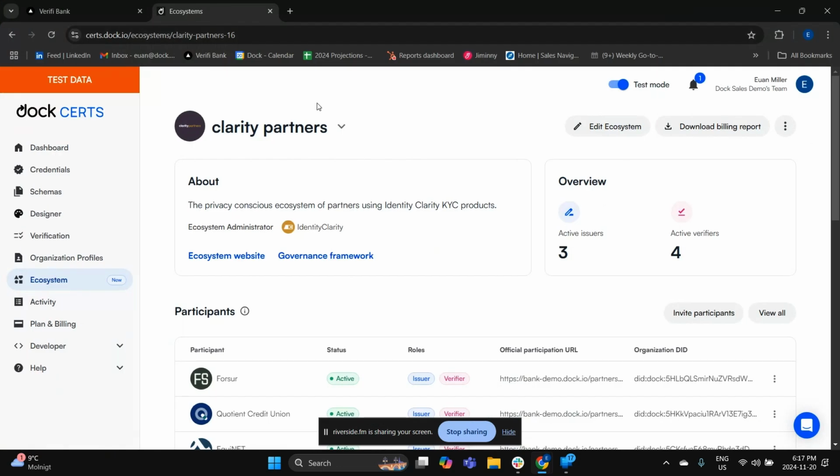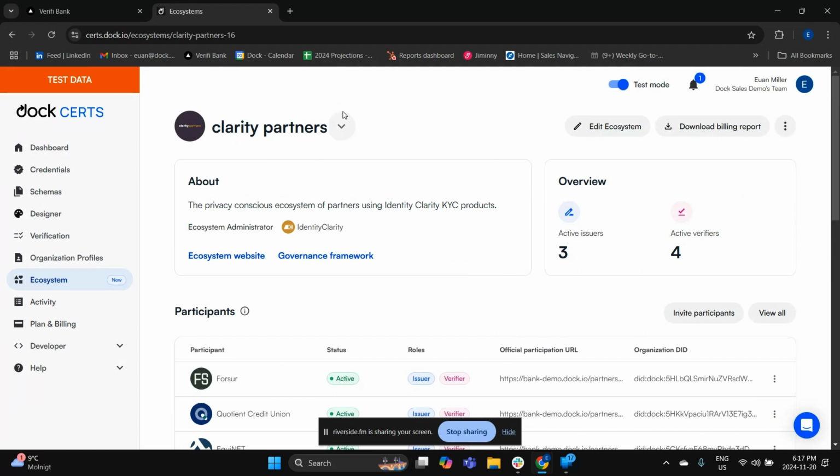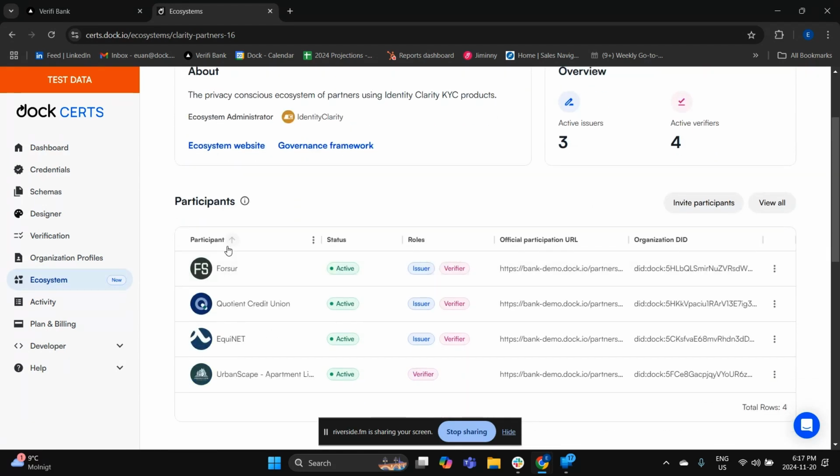What Richard is explaining here is that an IDV could potentially become what we call an ecosystem administrator, essentially a convener for different participants to participate in a verifiable credential ecosystem. So the IDV or the KYC or CIAM platform doesn't necessarily have to be an issuer of the credential. There may be a verifier, but we give you that flexibility.